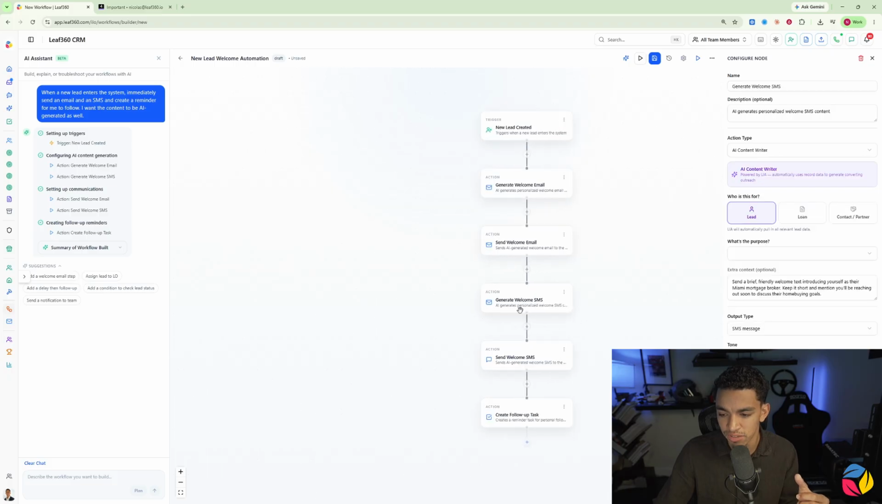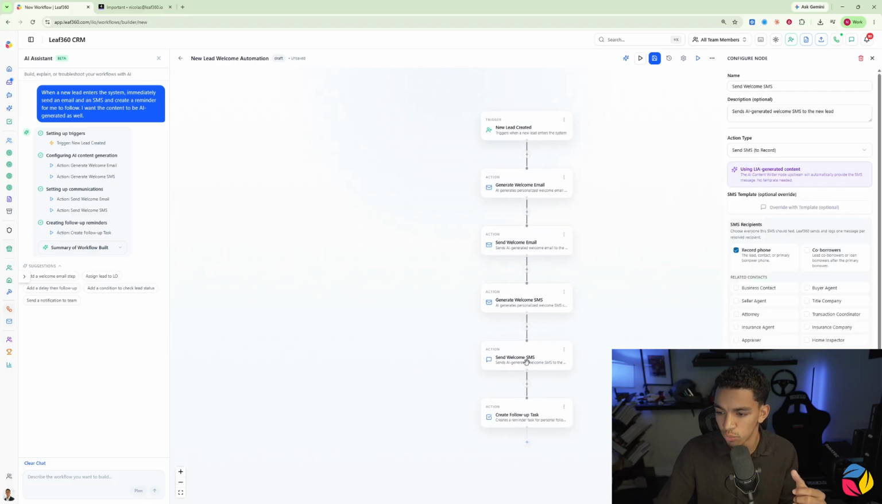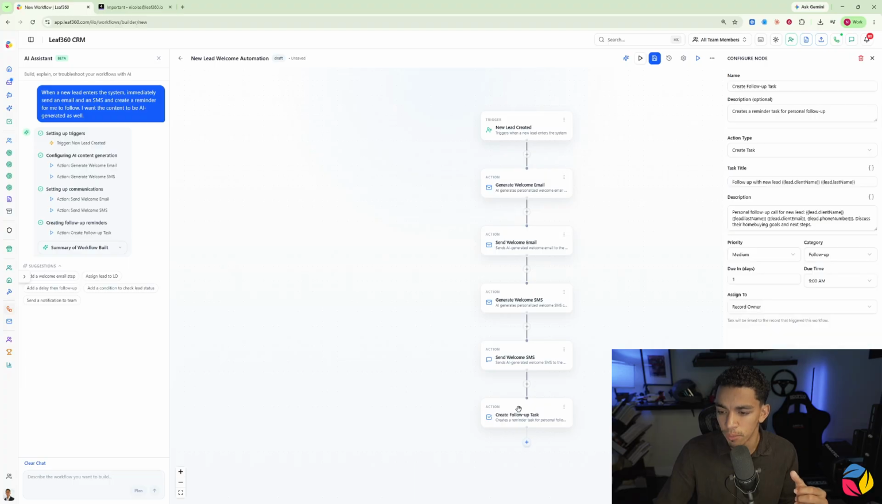We're going to generate an SMS, and then we're going to send the SMS as well. And then we're also going to create a follow-up task. So it's created all those steps for me. But now, let's say I'm not happy with this. Let's say I want to take this a step further and I want to say, okay, this is great, but